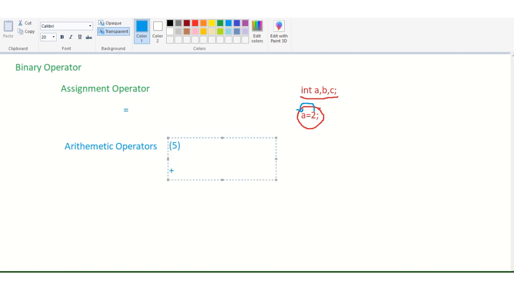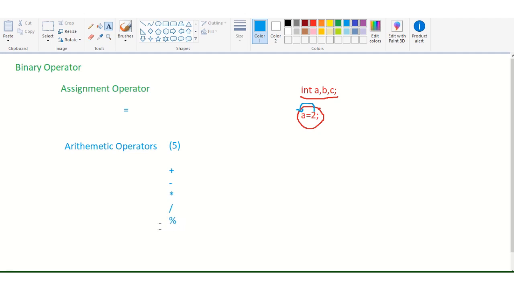First is plus for addition, then subtraction, multiplication, division, and modulus. To find the modulus means to find the remainder.